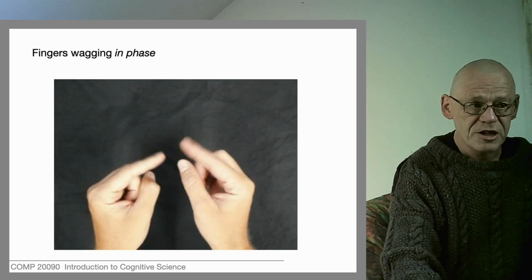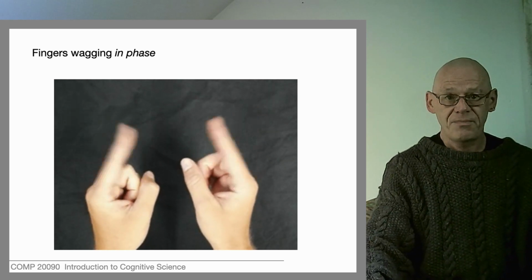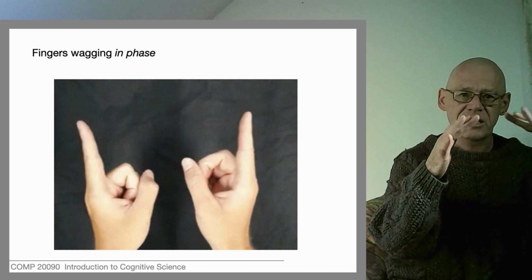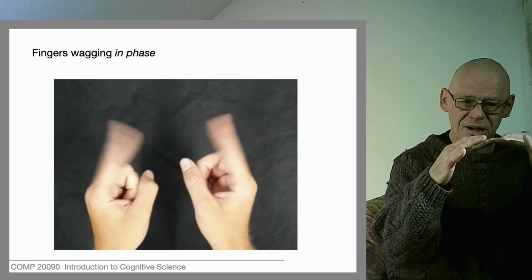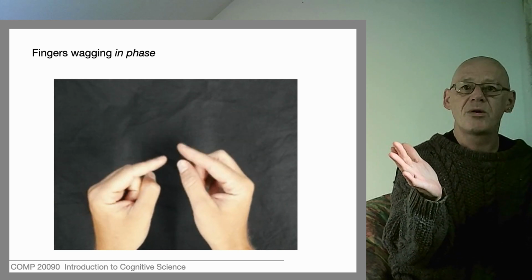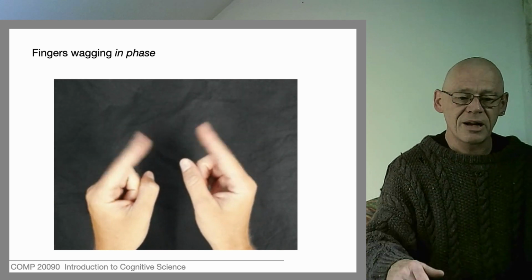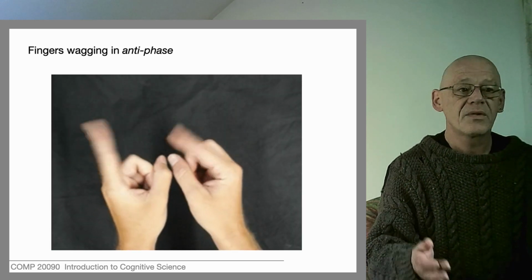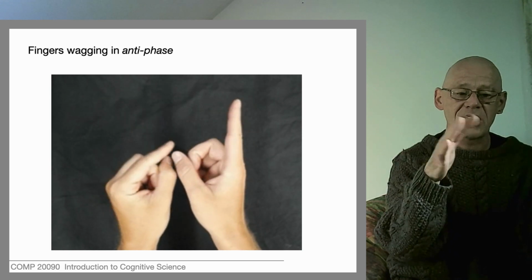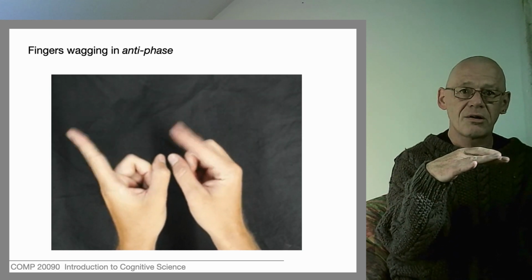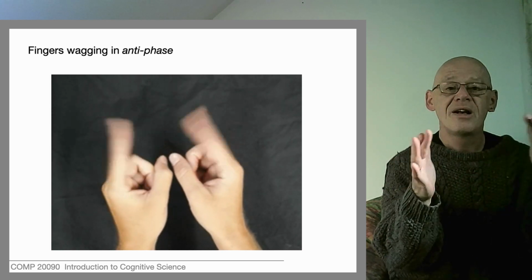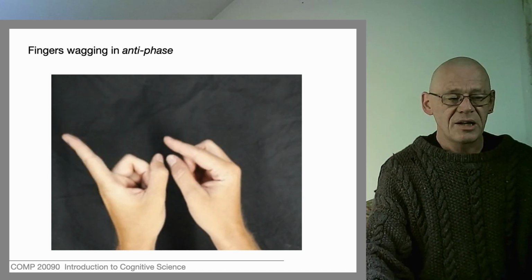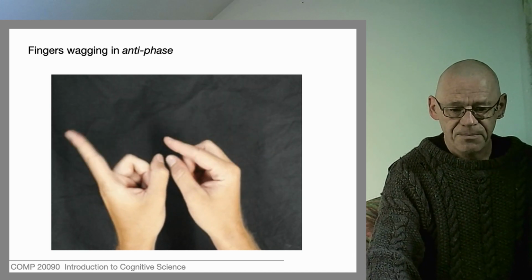Now, there's the first pattern, and we call this the in-phase pattern, phase being where you are in a cycle, because these fingers are at the same point in their cycle at all times. They start in the midline, and they both reach the maximum extension, and they both come back to the midline at the same time. That's one pattern. It's the in-phase pattern. And here's the other one, the anti-phase pattern. When one is starting its cycle at the midline, the other is already halfway through its cycle. And they keep this difference of half a cycle all the time. It's a constant. These are what we call in antiphase.